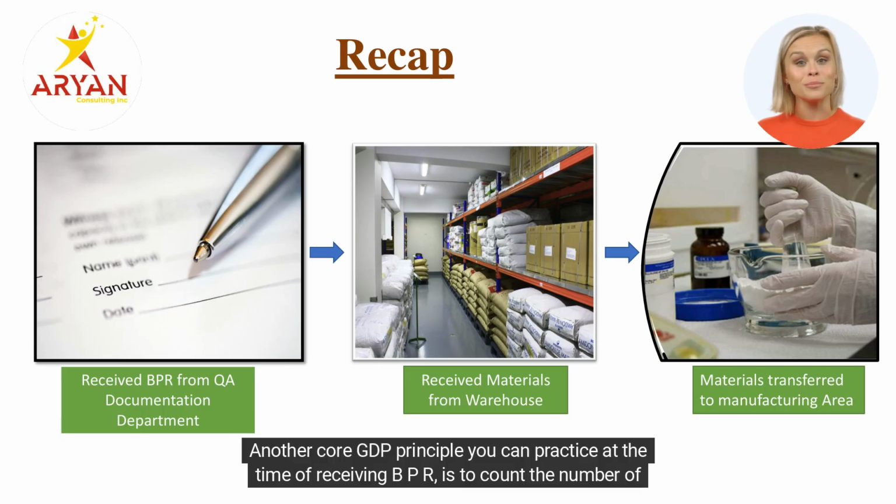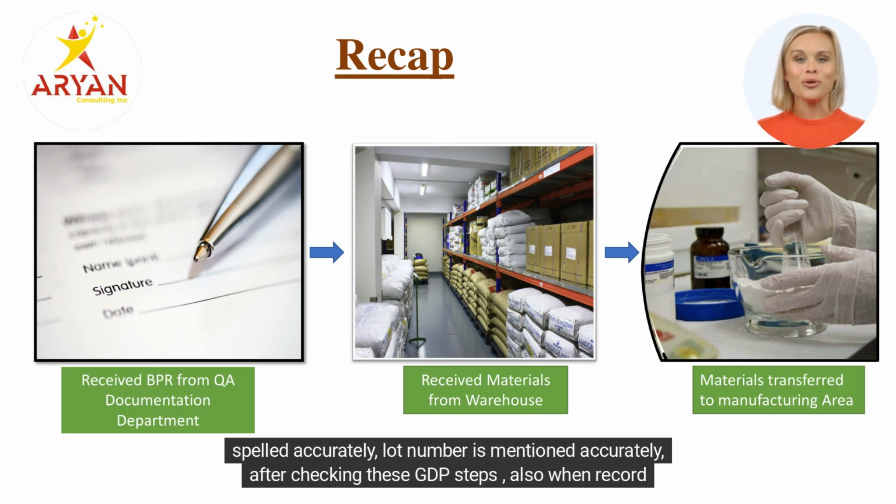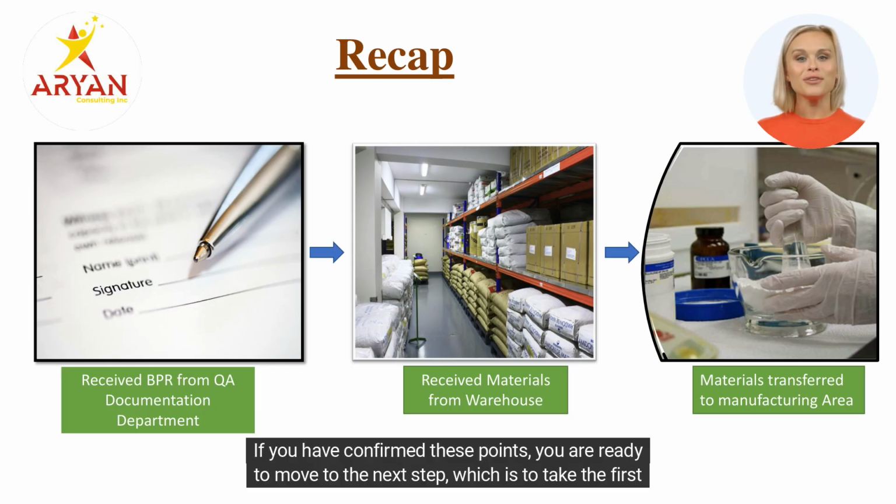Another core GDP principle you can practice at the time of receiving the BPR is to count the number of pages. All pages are there, no attachment missing, all applicable labels are attached, name of the drug spelled accurately, lot number mentioned accurately. After checking these GDP steps, also when the record is issued, the issuer must sign the BPR at the time of issuance. If you have confirmed these points, you are ready to move to the next step,